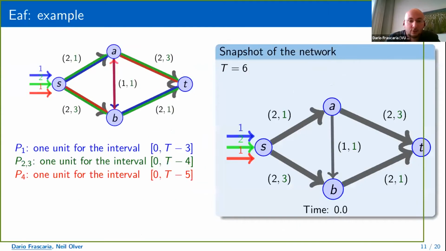I know that this sounds very abstract, so I'm going to show you with an example what an earliest arrival flow looks like. I'm going to show you a sequence of snapshots. At first, we send flow along all the paths. And after 1 unit of time, we stop sending flow along the path before. Here I'm using a time horizon of 6.